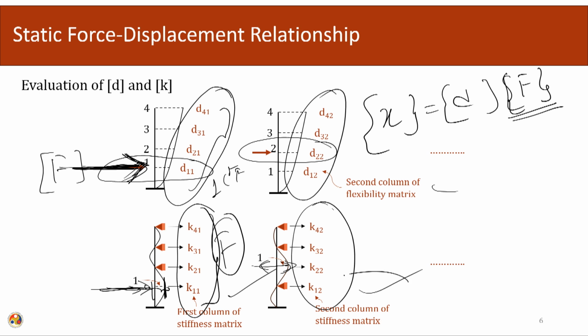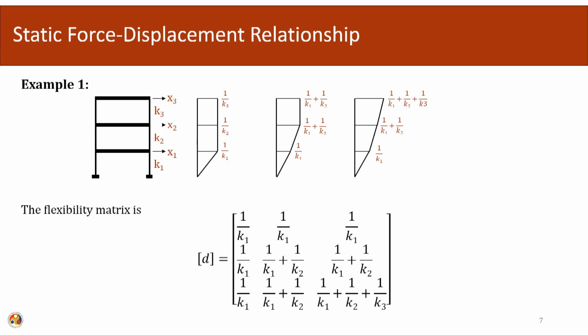Okay. So, that is why it is written as the second column of the stiffness matrix or the second column of the flexibility matrix. So, we will try to do this example. In this example we have 3 degrees of freedom x1, x2, x3 and there are stiffnesses K1, K2 and K3. So, the flexibility matrix. If you look into the flexibility matrix,